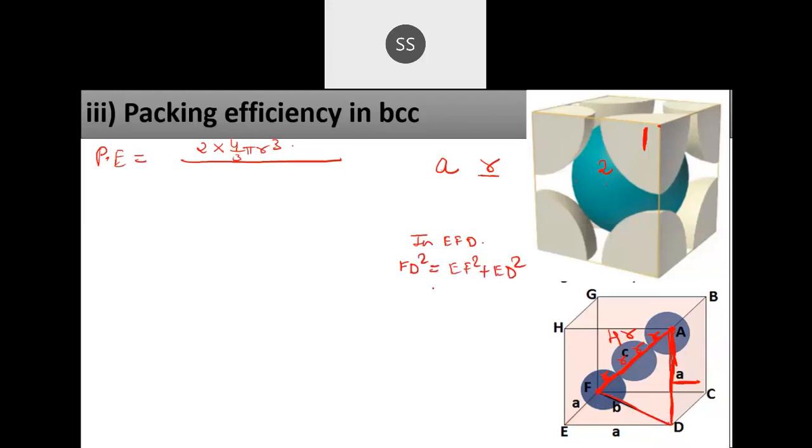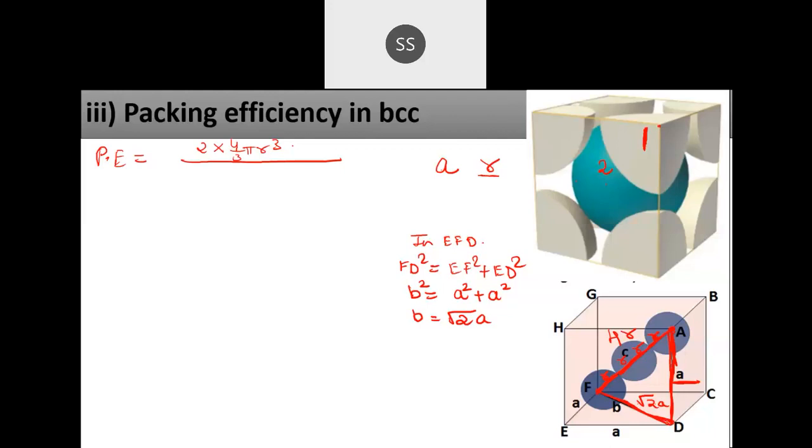FD value is B, that you take as B because that length is a little different, and the other sides are A. So I can write A square and A square. So B square is equal to A square plus A square. So here the B value will be equal to root 2A. Finally, I am writing, this B value will be root 2A. Getting the point? B length and C length are different. B isn't equal to C. This length is root 2A and that will be root 3A. So the length is different.